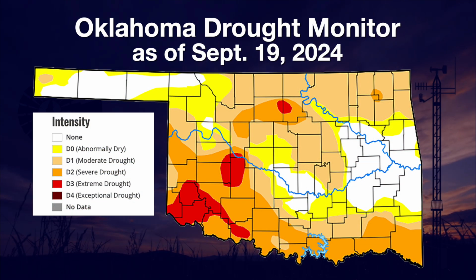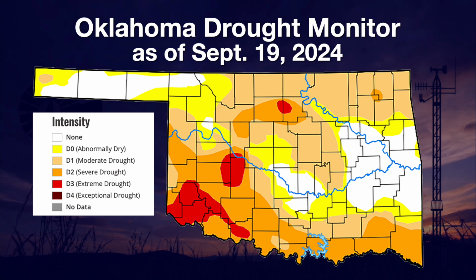Thanks to Tropical Storm Francine coming up over far southeast Oklahoma, we actually had some improvements in the drought monitor. The rest of the state, no such luck. Let's get right to the new map. So we did have the change down there in McCurtain County. Now we just went from severe drought down to moderate drought. However, it was an improvement.